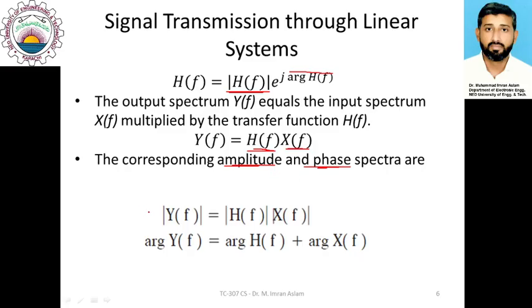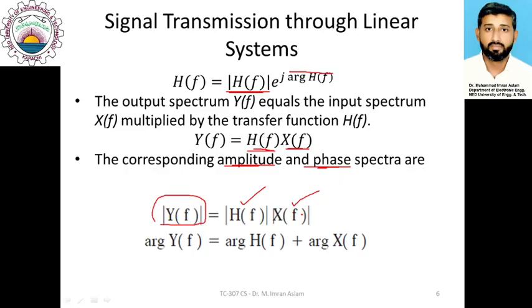If you need to calculate amplitude, the amplitude of the output function is equal to the product of the amplitude of the input and this amplitude response H(f). So if you multiply the amplitude spectrum of the input signal with the amplitude response of the system, you would get the amplitude spectrum of the